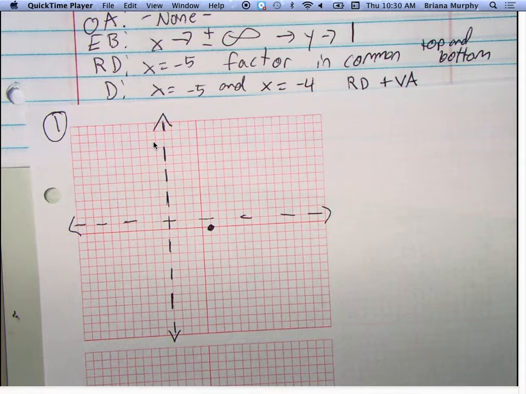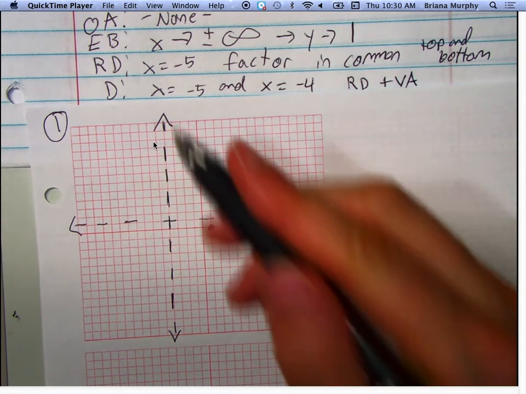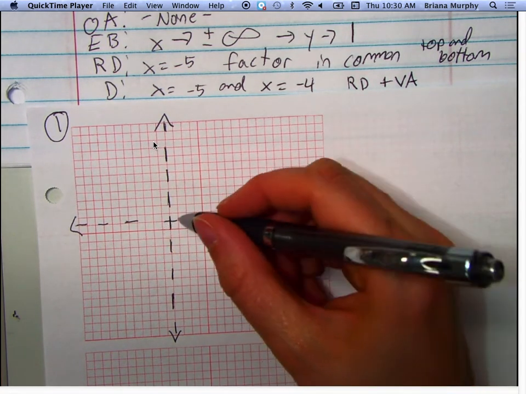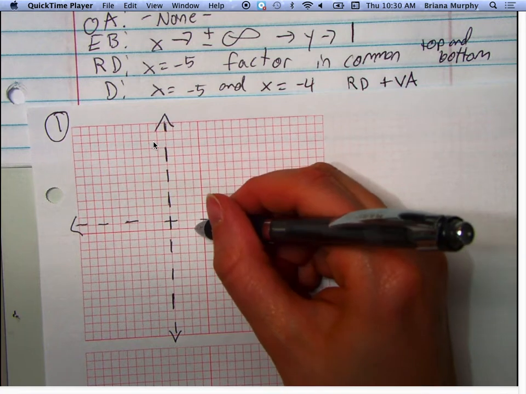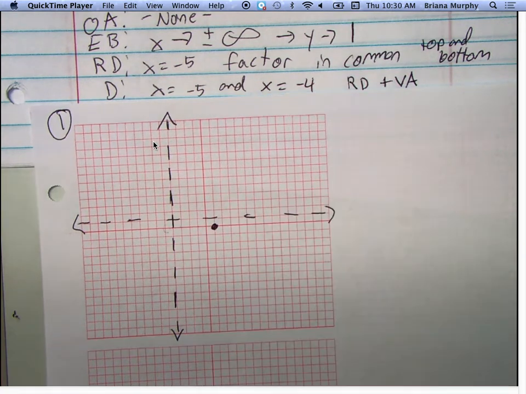I need to graph the hole. So I'm going to put a dot in my holes. I have a removable hole at negative 5, so at x equals negative 5, I know I'm going to have a hole somewhere on there. Okay. So now,